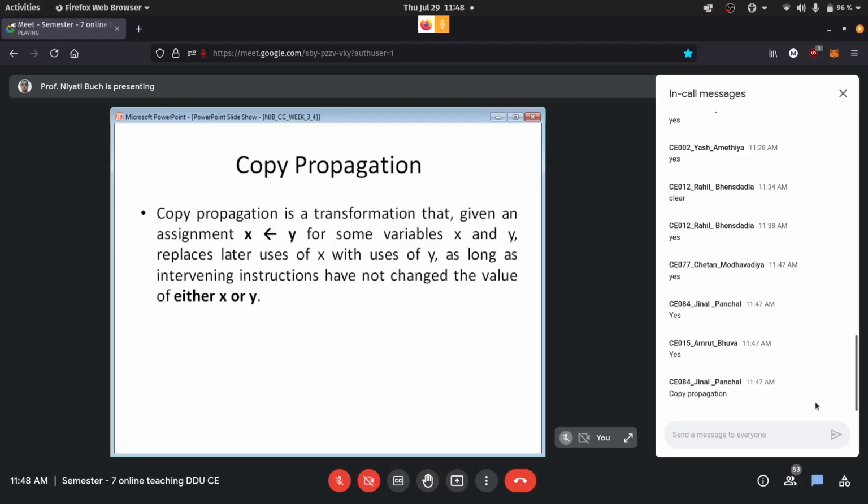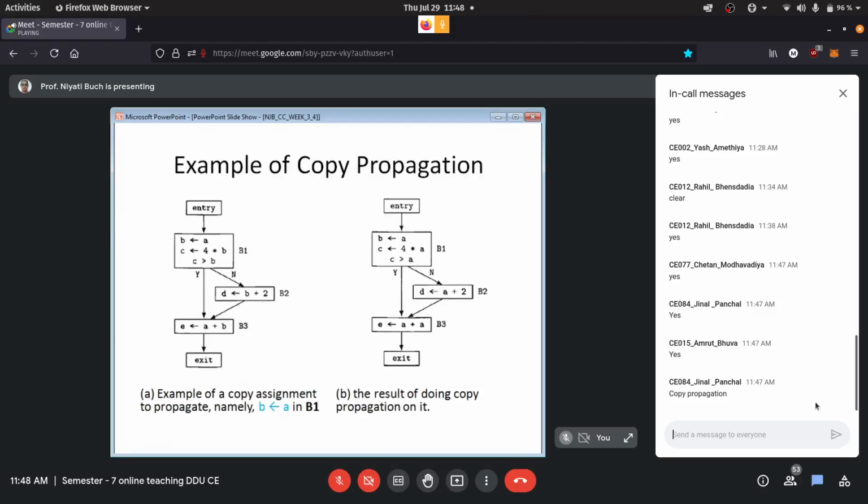So over here, let's understand with this very simple example that I showed you in the last class, where we have an assignment of A getting assigned to B. Then wherever we are using B, it is actually going to have the value of A, because that is the assignment made. And in between, if we are not changing the value of A or B, then only it holds true. So if this is the case, then we can see the result of copy propagation on the entire flow graph, global, on the right hand side of our screen. Now let us study the technique in detail.